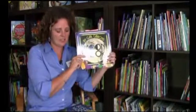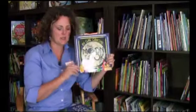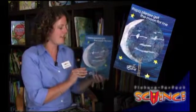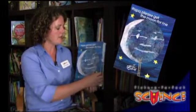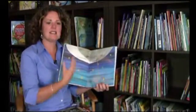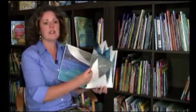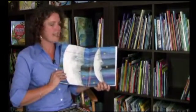After reading the nonfiction book, this is a kind of a unique lesson because we use 3 books. Normally we use 2, but in this lesson we use 3. We use a book called Papa, Please Get the Moon for Me by Eric Carle. And what the kids do with this book is they read the story, which is fiction, but they read it like a scientist, and they point out any inaccuracies, any parts that would need to be rewritten to be scientifically